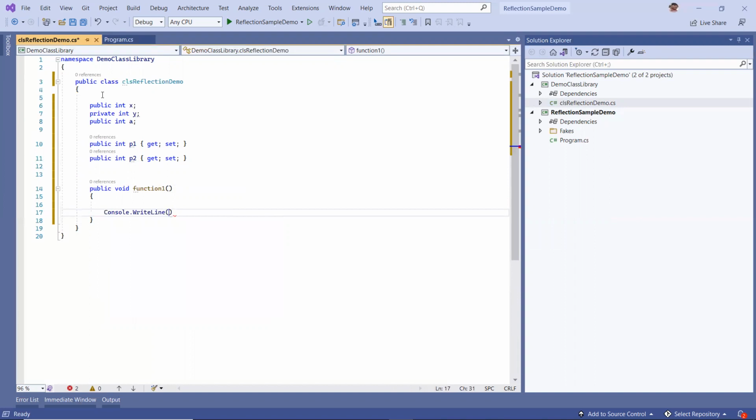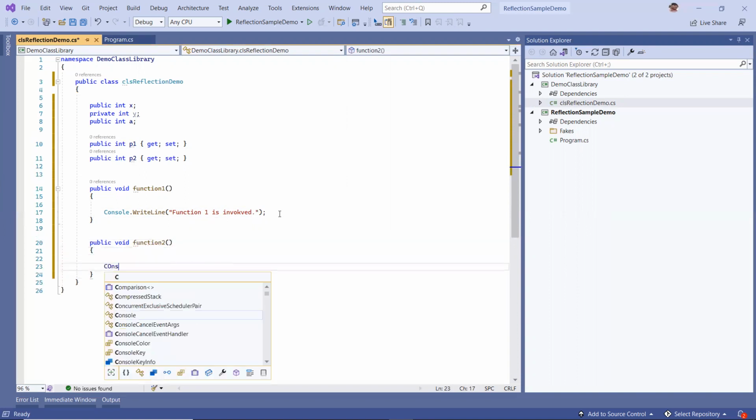Okay, and I'll say, "function one is invoked." Something like that. If you want, you can give whatever text you want inside of this. Similarly, I'll create another method, public void function 2, and inside of this I'll say